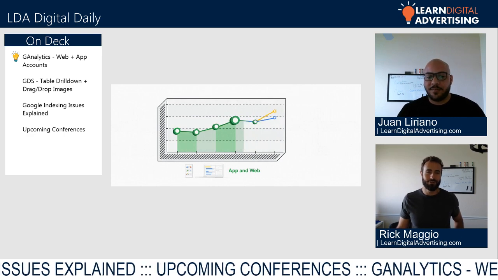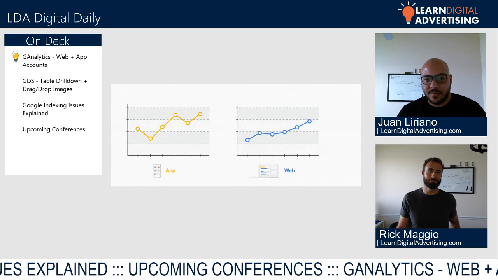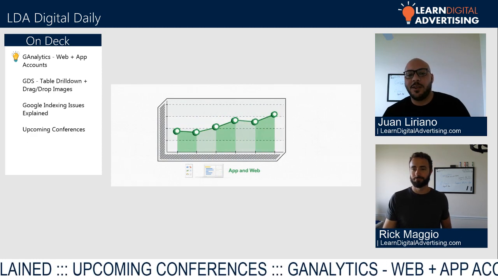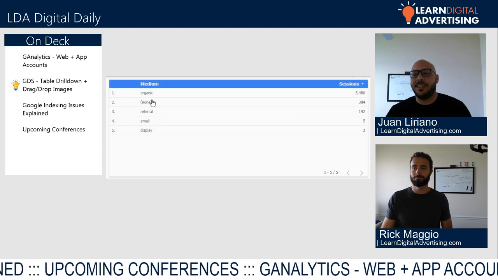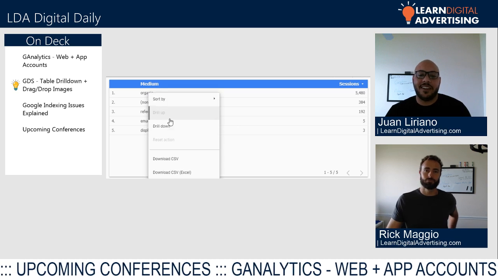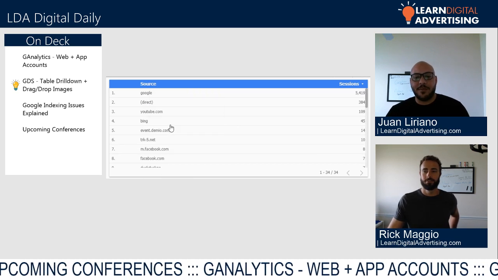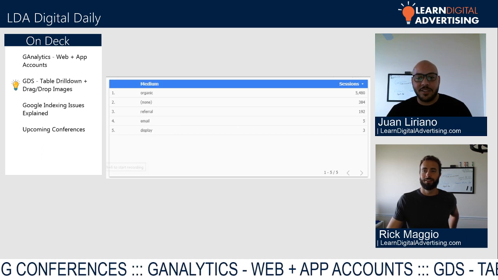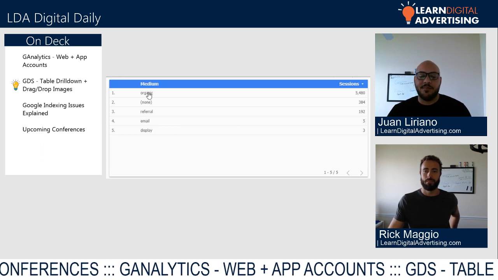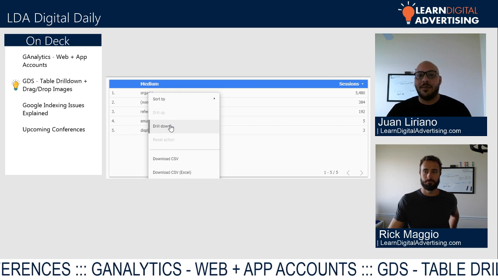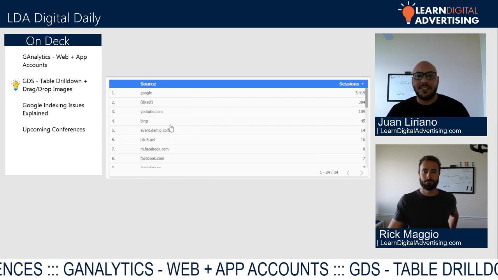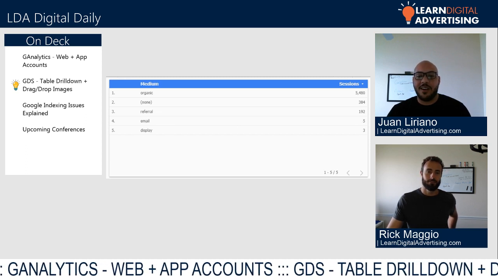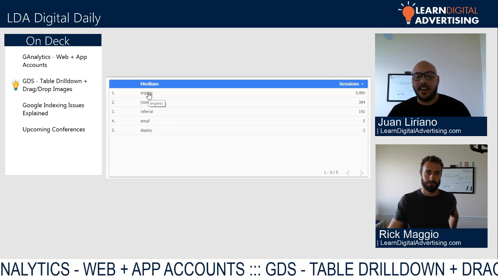All right, cool. So next, Juan's going to help us out with some Google Data Studio updates. Definitely. We got some quick updates on Google Data Studio. So now they are including table drill down. On the front end, you can actually drill down to the different metric or dimension. Actually dimensions only, it looks like. So no longer do you have to build a couple of different dashboards for different dimensions for a client or yourself. You can actually just drill down right there on the front end, which is really cool, a lot simpler to use.